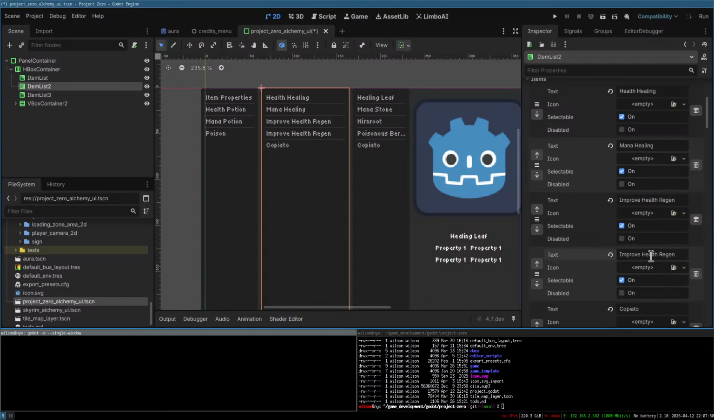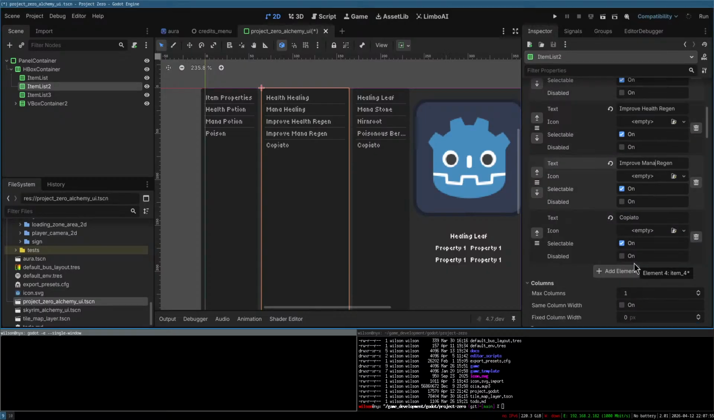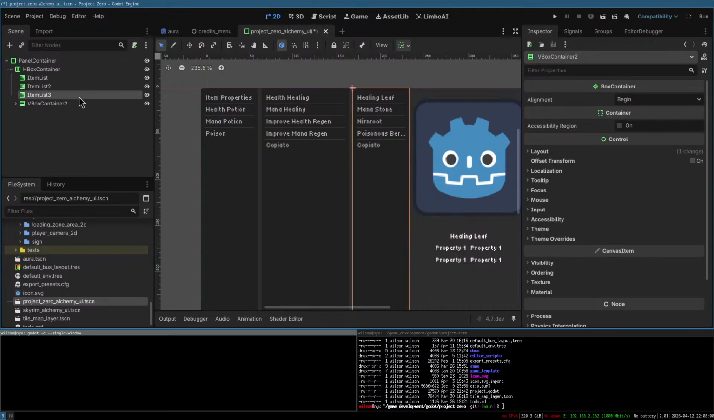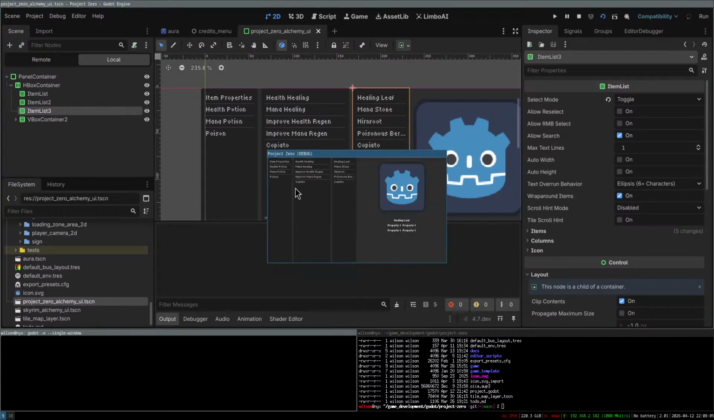Improve health regen. Improve mana regen. Regeneration. And then here, yeah, here you have like one. So if you click this, you would get like the properties. Then you click this, and then you get the